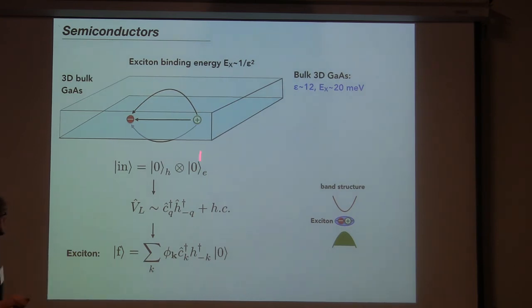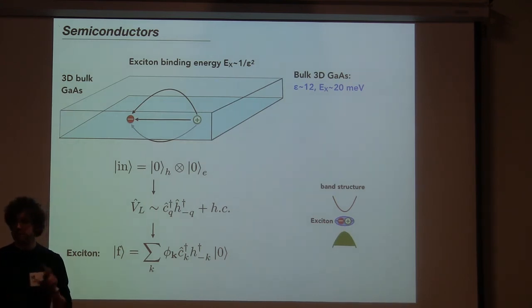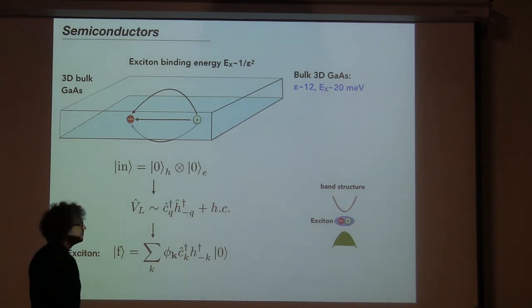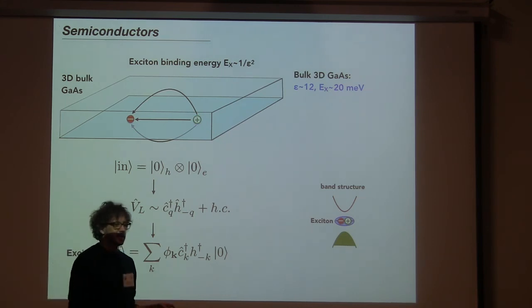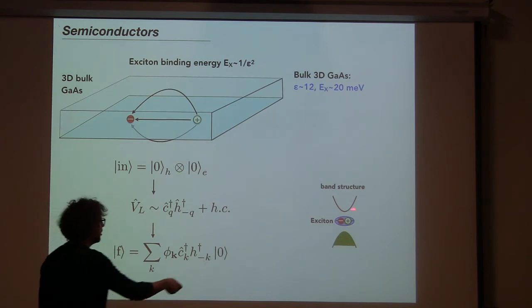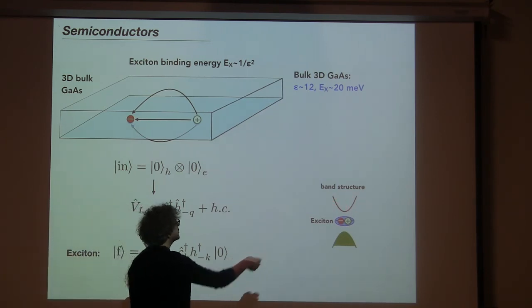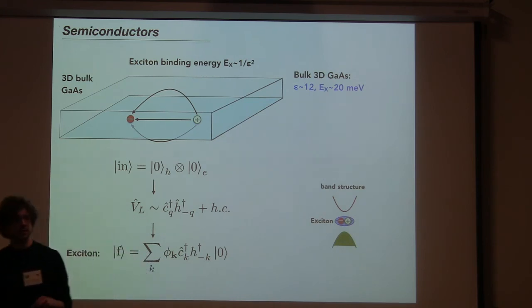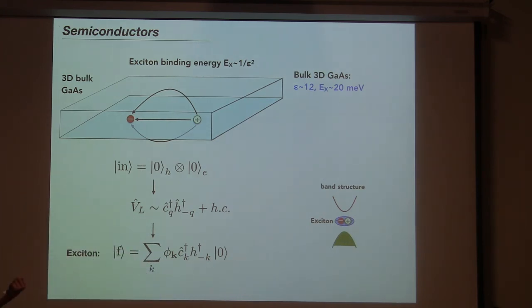And this actually leads then to a binding energy of excitons, which is just 20 millielectron volts. To give you some numbers, typical Fermi energies you can put into gallium arsenide are up to 50 meV or even more. So this energy of the exciton is not that large. If you put too many electrons inside, let's say 50 meV Fermi energy of electrons, the fermions would be closer than the size of the exciton itself. And then the exciton gets destroyed.